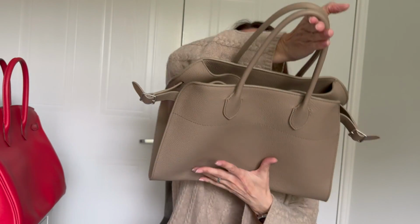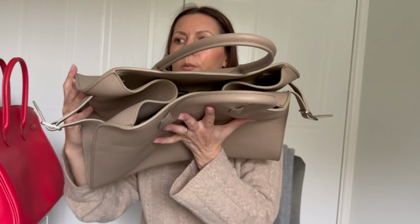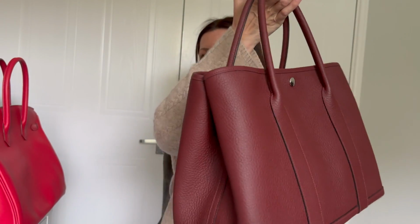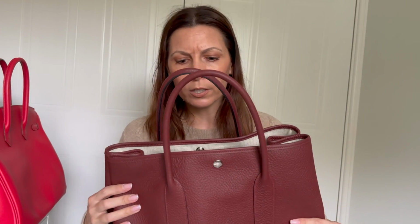When I looked at the Margaux from top down, so this angle, the way that these pieces fold in really, to me, was reminiscent of the Garden Party. Here we have said Garden Party. No shortage of Hermes on this channel. So if you look, sorry,